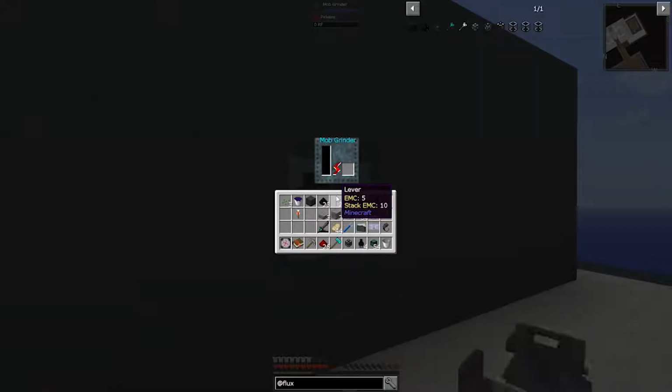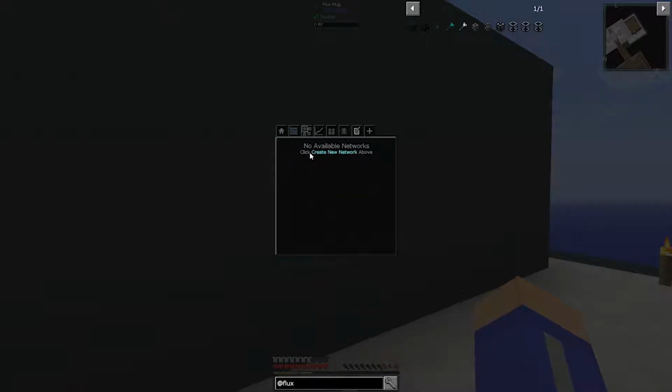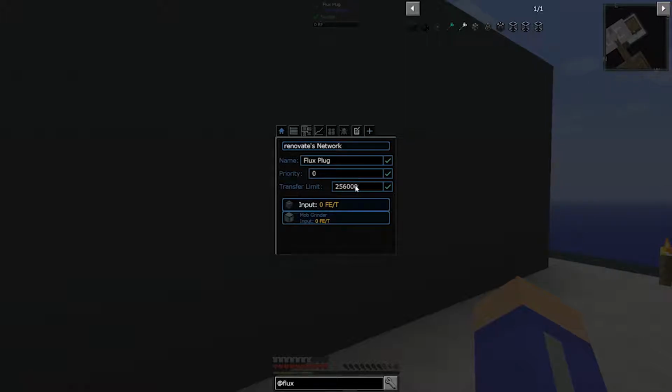So if I stick that on there, and I click on that, it says, please select a network. Create a network. Create a new network above. Okay, so home, network selections, network connections. So we don't have anything on there. Network statistics, allow players debug, edit network, create new network, renovates network. Okay, that's fine. Transfer limit, input,